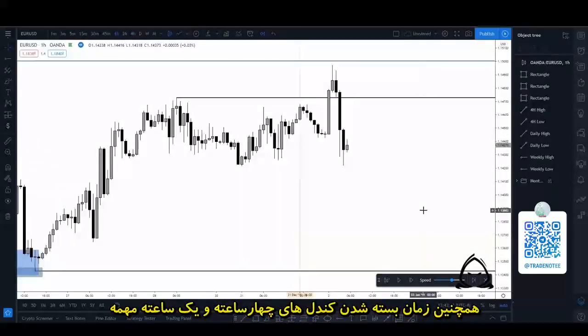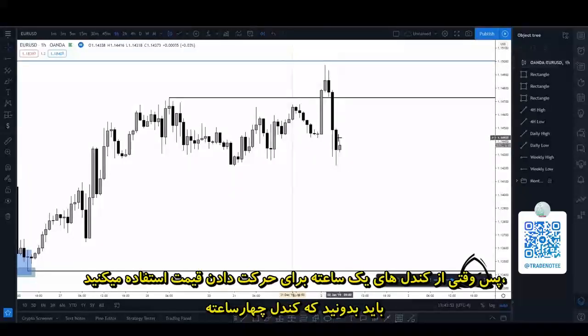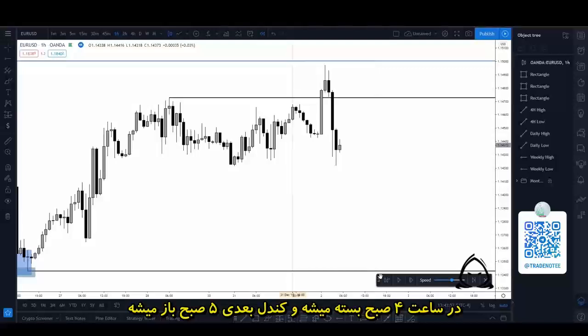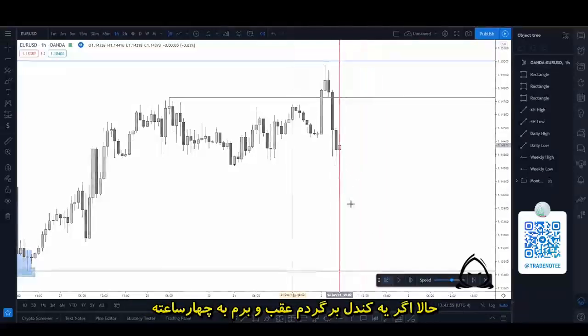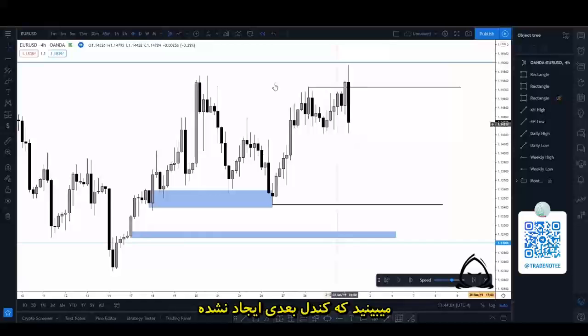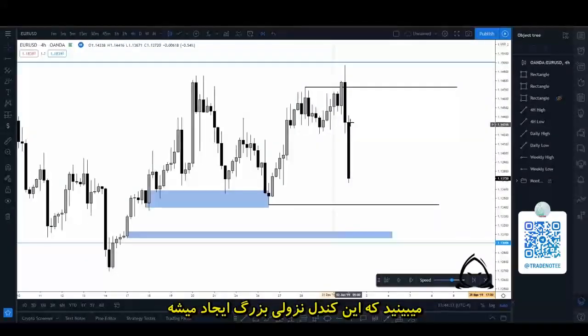So it's important also to note when the 4 hour candles, what time they close at, as well as the 1 hour candles. So when you're using the hourly time frame to move price around, to note that this candle, the 4 hour candle, would end at 4 a.m. and the next one would start at 5 a.m. So if I just take this back 1 candle and then I navigate up to the 4 hour, what you'll see is that next candle doesn't print, but as soon as I press the next candle, which enters the 5 a.m., which is the first hour of the next 4 hour candle, we can see that price shows this very